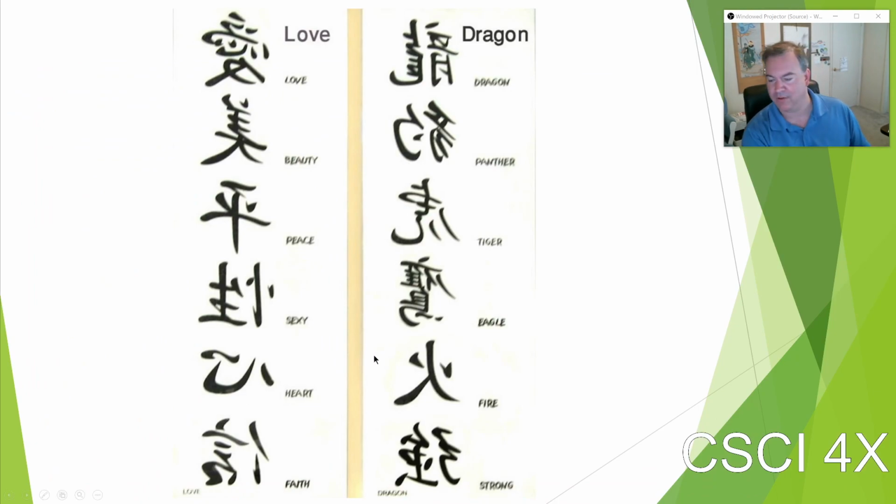most Chinese characters actually don't directly represent. They're not a picture usually. Some of them are. Like for fire, for horse, things like that. They're actually pictures of the things they represent. It's a very easy bit of symbolism. What is that? It's fire. Water kind of looks like water and things like that. But most, 80% of Chinese characters, something like that, are actually compound characters. And so they have either a left half and a right half, or they have a top half and a bottom half. Like for love, it's arranged vertically. Beauty is arranged vertically. Faith has a left half and a right half. Okay? And the,